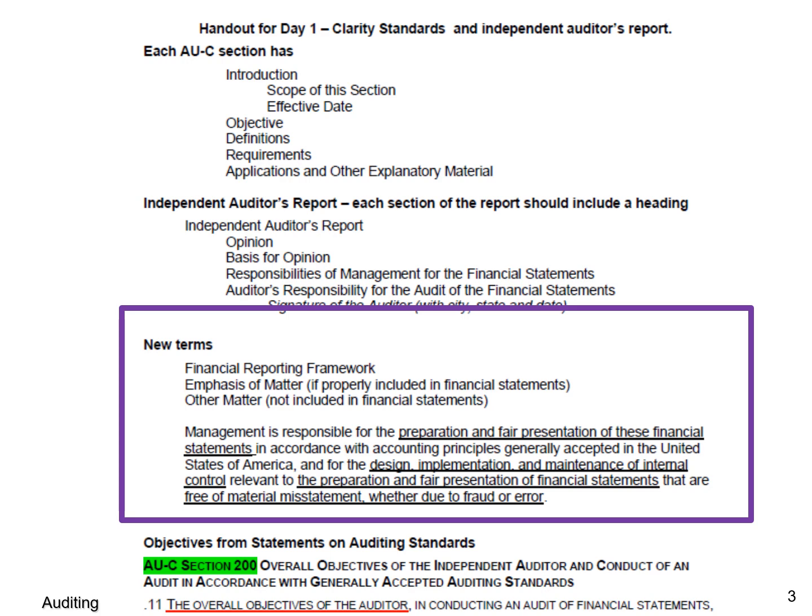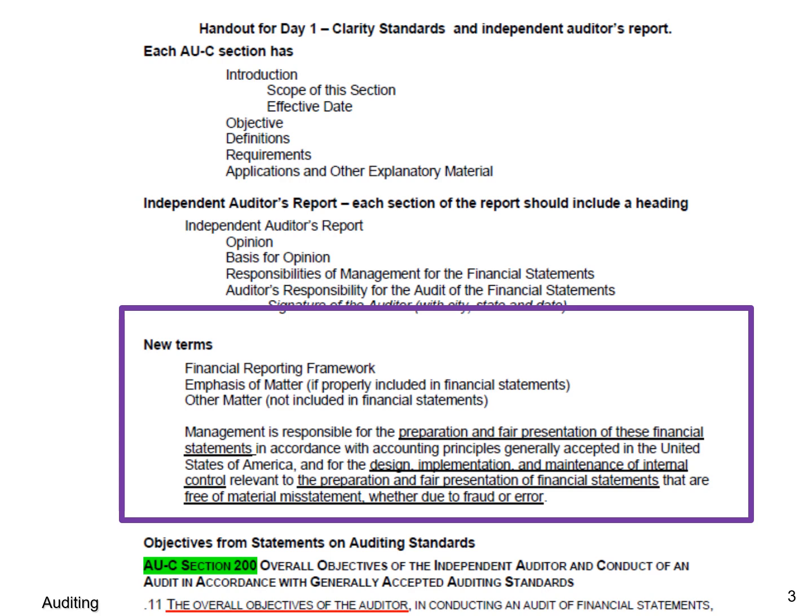The next paragraph, management's responsible for the preparation and fair presentation of financial statements in accordance with generally accepted accounting principles, and management's responsible for the design, implementation, and maintenance of internal control relevant to the preparation and fair presentation of financial statements that are free of material misstatement, whether due to fraud or error.